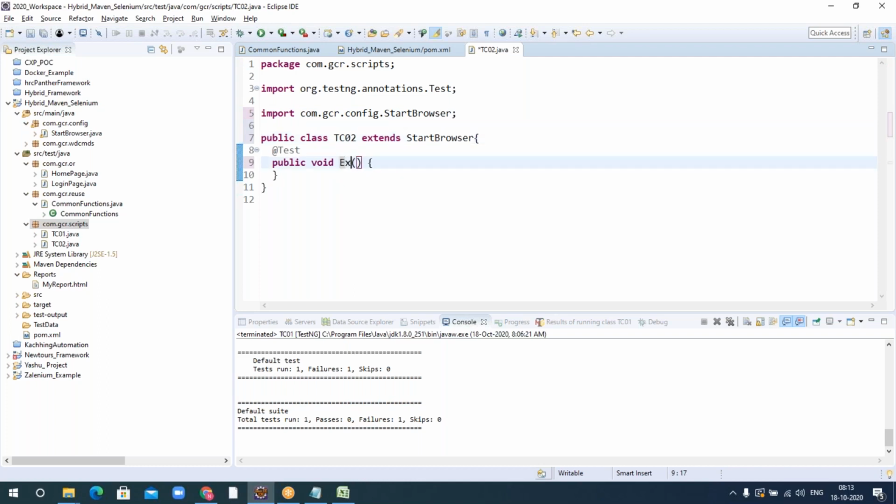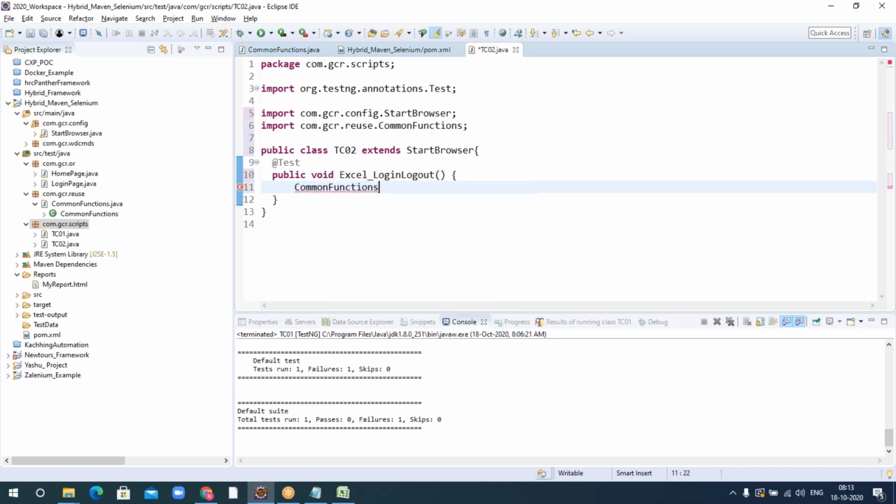I'll change the name to Excel underscore login logout so that you know the difference between these two. So again, common functions, CFS, new common functions. Right, so common functions is there.